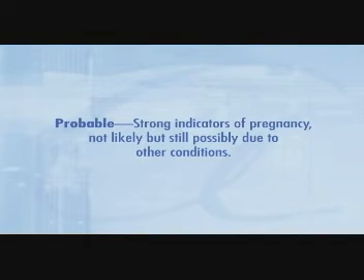Number 2, probable. Strong indicators of pregnancy, not likely, but still possibly due to other conditions. These signs include abdominal enlargement, Chadwick's sign, a purplish or bluish tinge of the vulva and vagina, Hegar's sign, a softening of the lower uterine segment, Goodell's sign, a softening of the normally firm cervix, ballottement, a rebound movement of the floating fetus, Braxton Hicks contractions, irregular, painless uterine contractions, palpation of the fetal outline, and a positive pregnancy test,